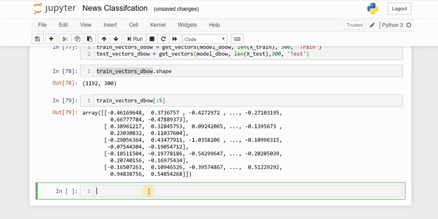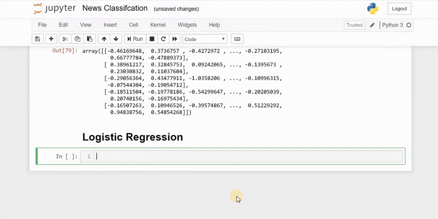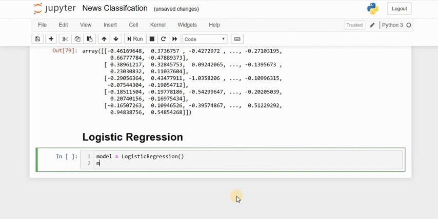Now let's run the model. So for now I will be running logistic regression, because logistic regression gave us better results earlier, of 94%. Let's see by using doc2vec whether we can increase the accuracy or not. You can try on your own the decision tree, random forest, naive Bayes, and so on. And also you can try hyperparameters on your own for this. But let's just see for logistic regression what it gives. Whether we can surpass the 94%, or whether we can get any increase, or is it increasing or decreasing. Let's see what happens.